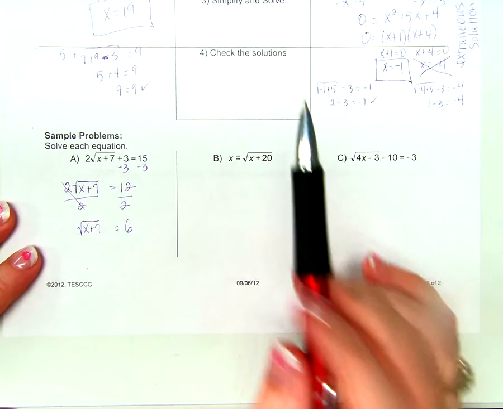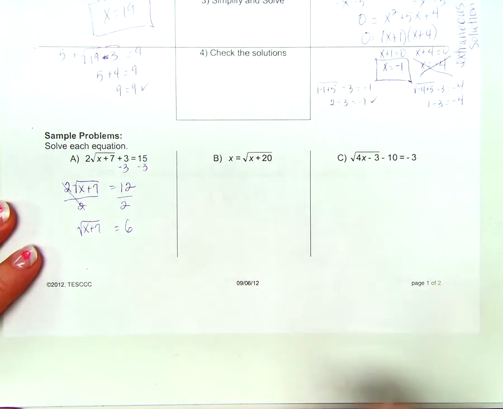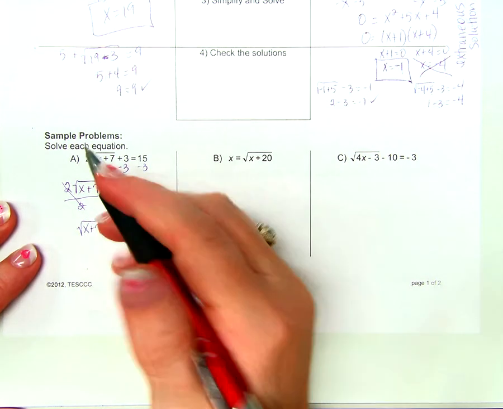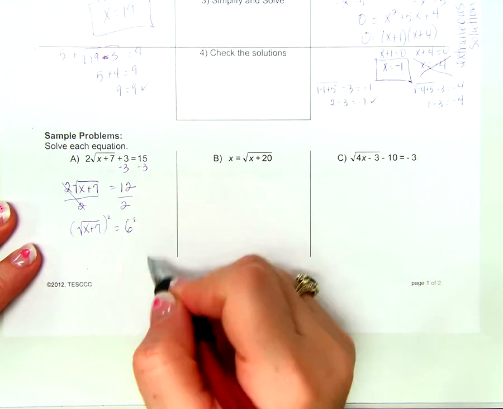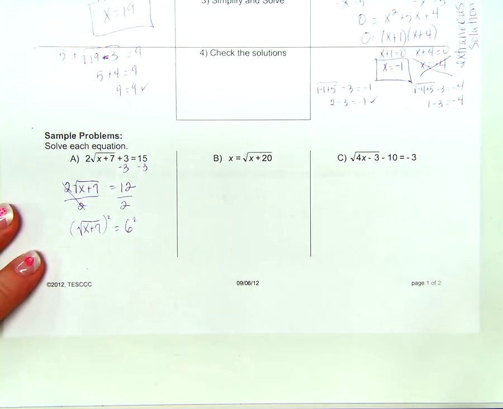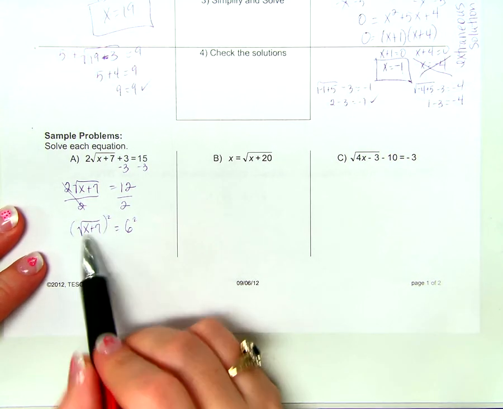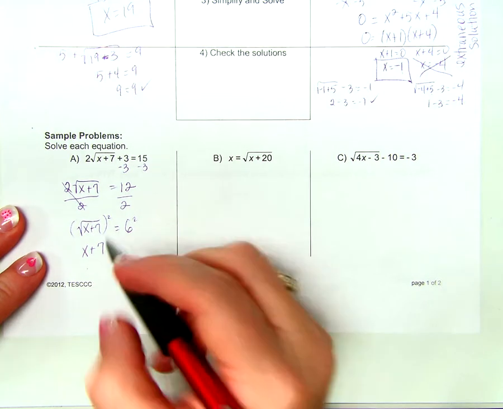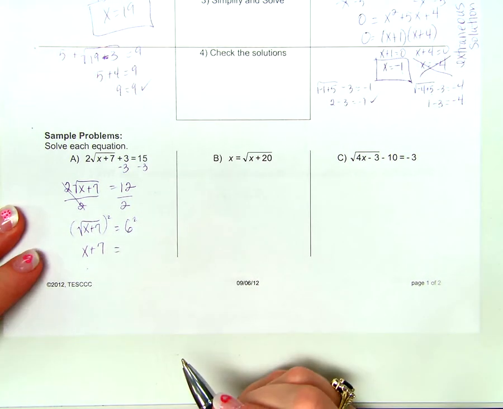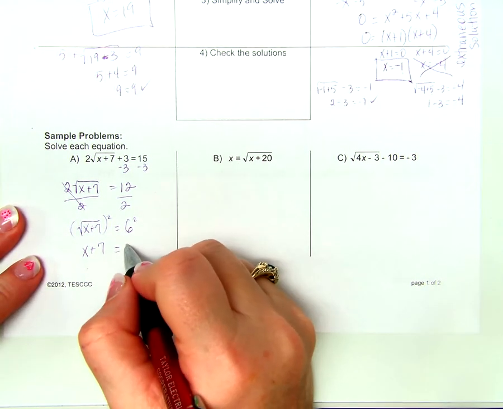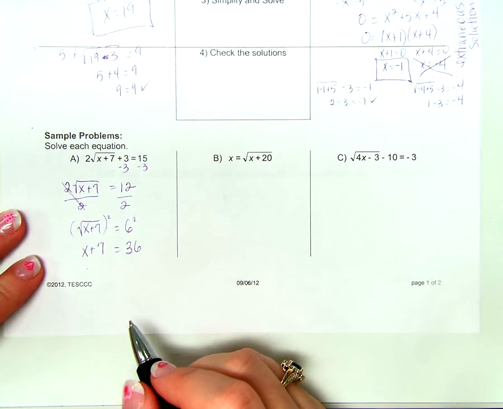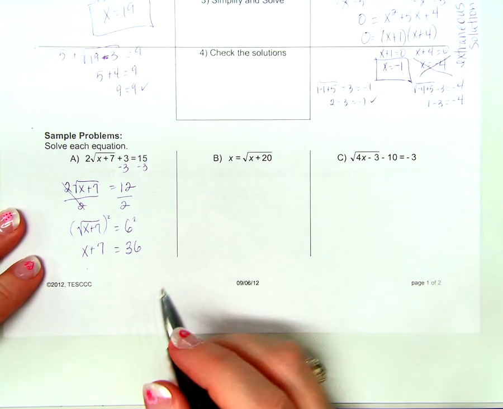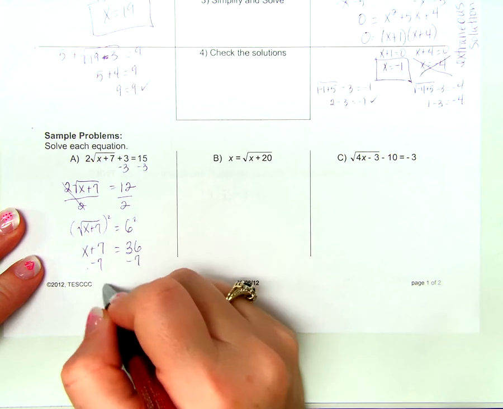Okay? Now that I've isolated the radical, step number 2 from yesterday was square both sides. So step number 2 for today is going to be square both sides. When I square both sides, what do I get on the left-hand side when I square something that's being square rooted? Just whatever's inside, right? In this case, x plus 7. What do we get on the right-hand side of this problem? 6 squared, 36. Now, all that's left to do is simplify and solve. Okay? Subtract 7 from both sides. X equals